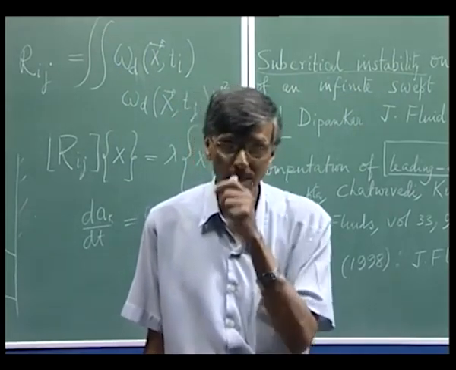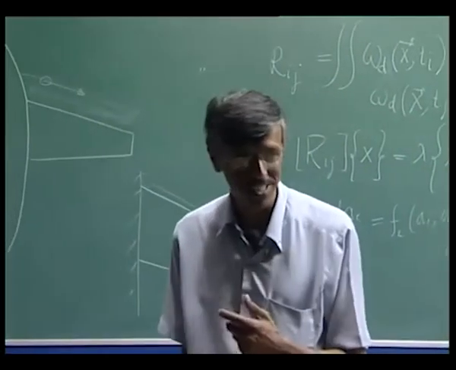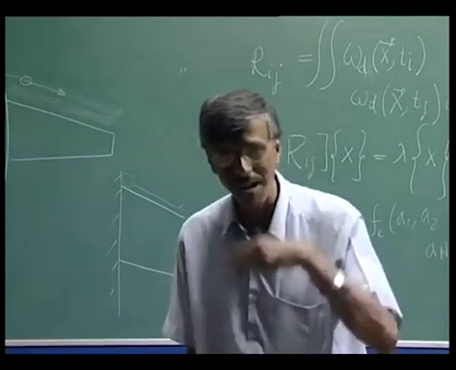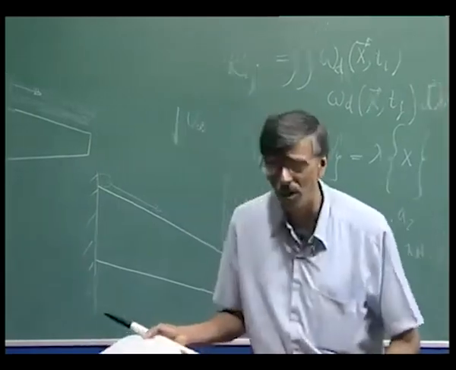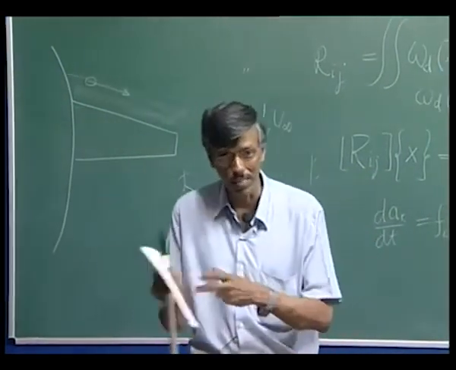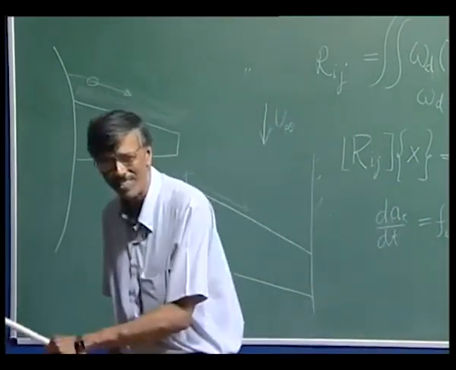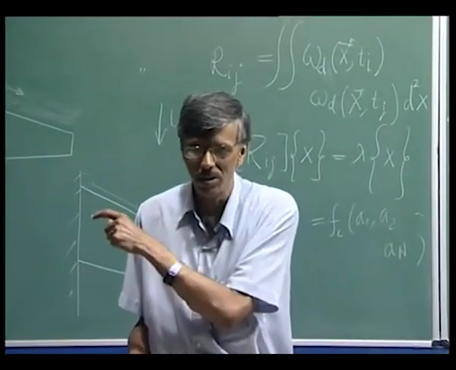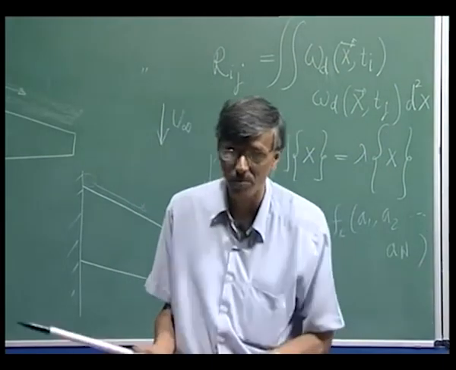For Hiemenz flow, the critical Reynolds number is something like greater than 10,000, whereas for the zero pressure gradient boundary layer it is 520. So there is a factor of 20 involved in 2D flow, but in 3D flow we also see that the gap has come down. Still, it is slightly more stable than the zero pressure gradient boundary layer, because Hall et al.'s result indicated a critical Reynolds number of 583.